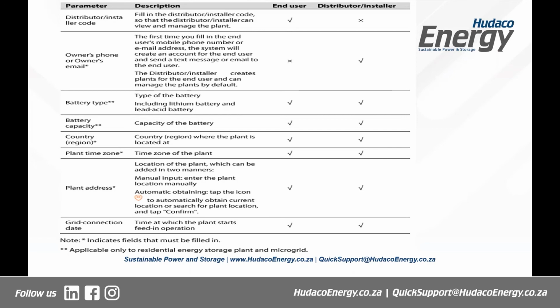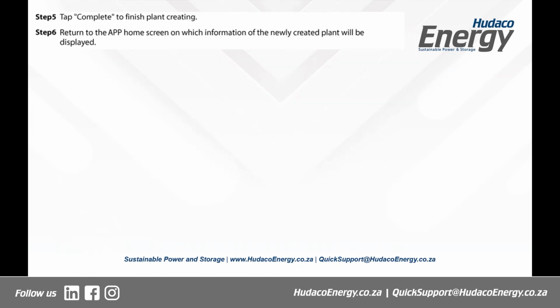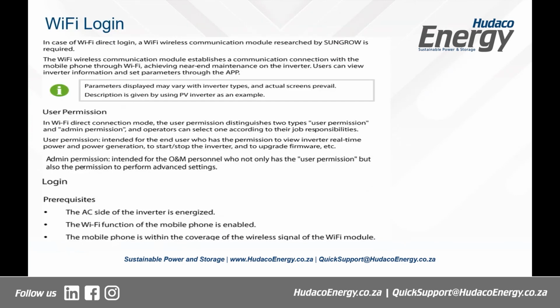Time zone can be done by both. The location of the address can be done by both, and the grid connection date, on which you have started connecting to the grid, can be done by either the end user or the distributor. And then after that, you select complete to finish creating the plant, and you return to the home screen of the application. And then when you're logging in